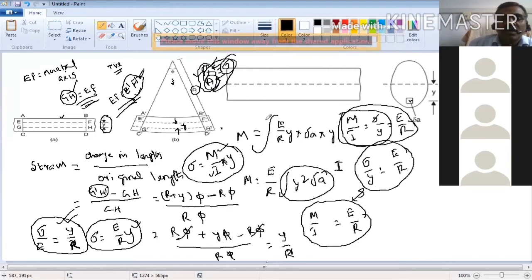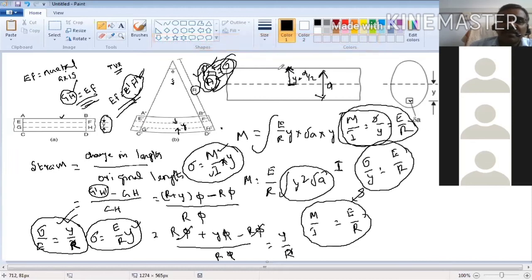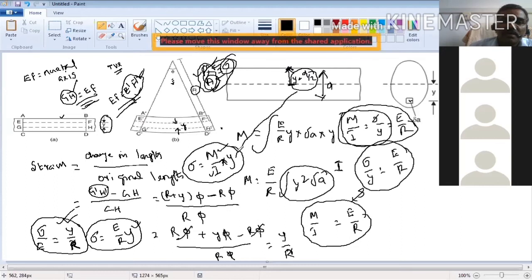Now, this is the neutral axis. The stress will always be maximum at the surface, because at the neutral axis stress is equal to 0. As distance increases, the value slowly increases. It will be maximum at this point. So if this is D, then the value of Y is equal to D by 2. What is Y? It is the distance between the extreme fiber and the neutral axis. If the dimension is given, you can substitute the value of Y here.